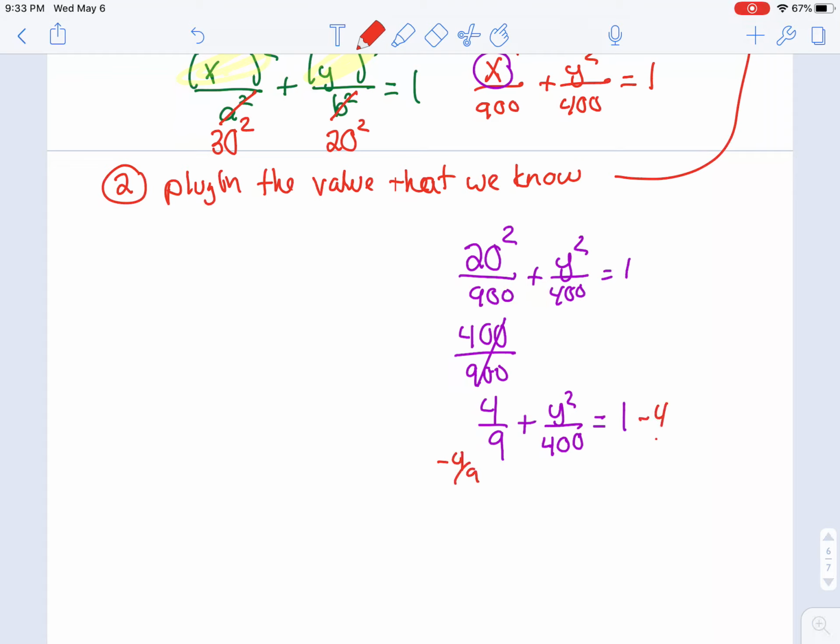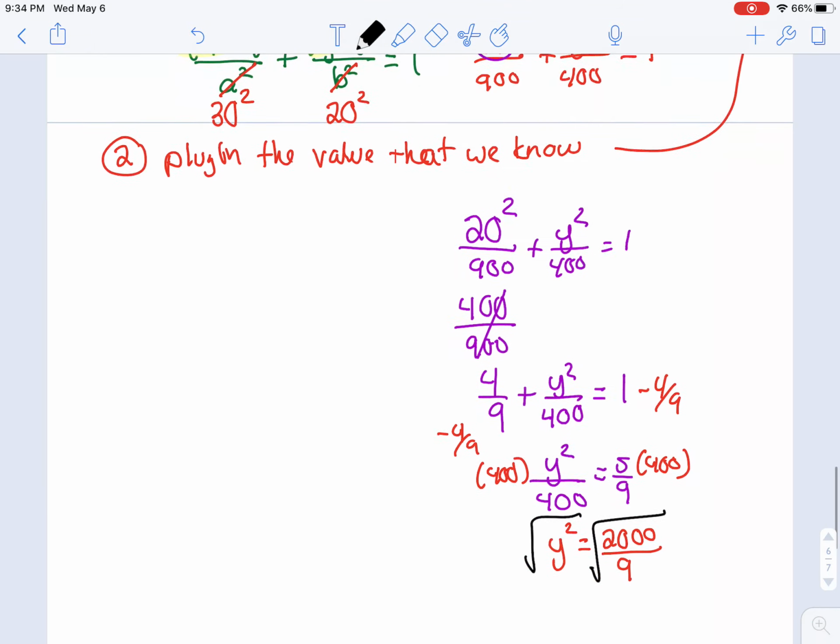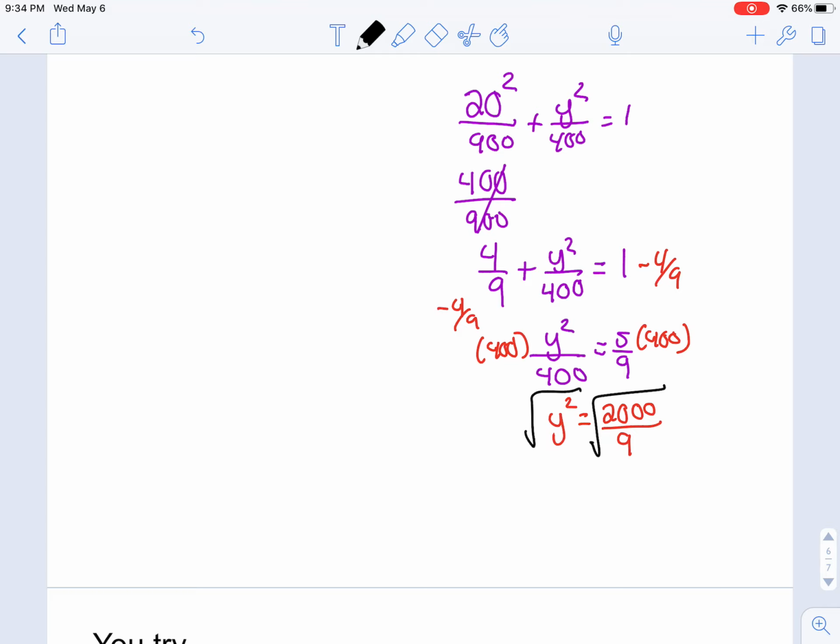I'm going to subtract 4/9 from each side. And when I subtract, 1 minus 4/9 is going to give me 5/9. So now my equation says y squared over 400 equals 5/9. If I multiply both sides by 400, now my equation says y squared equals 2,000 divided by 9. And if I take the square root of 2,000 divided by 9, that is a y value of approximately